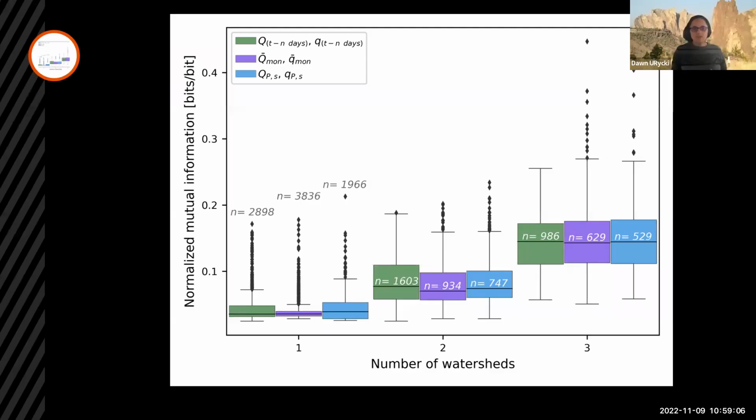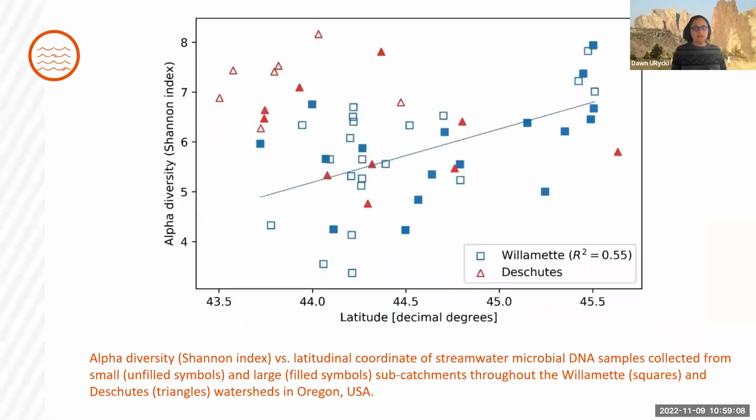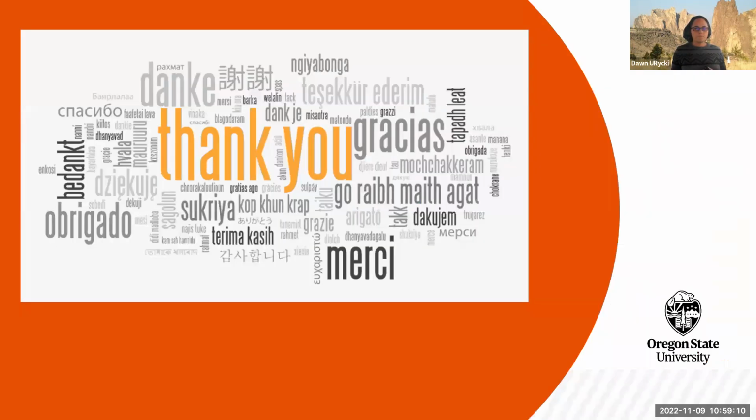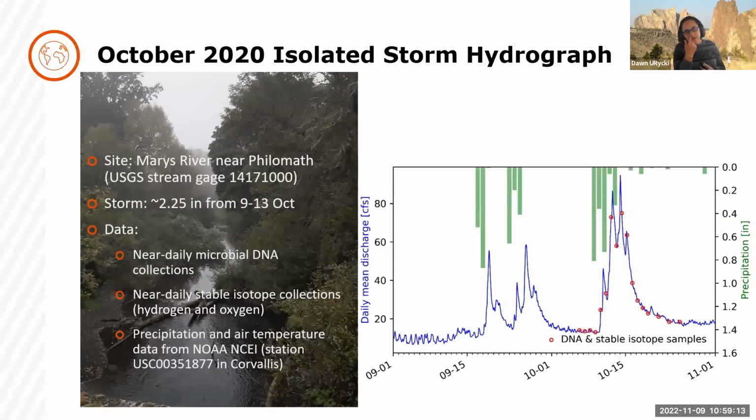So what do you see as the next steps? Oh, great. I'm glad you asked. For the next, I'm going to try sharing screens one more time here. So the next thing is, instead of looking across basins, we looked at one stream here. We collected samples across a major precipitation event at the beginning of the wet season here in Oregon.